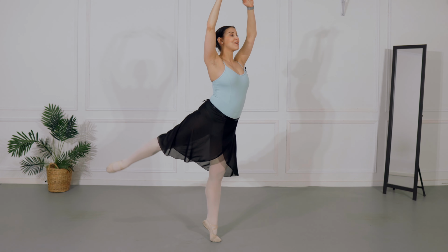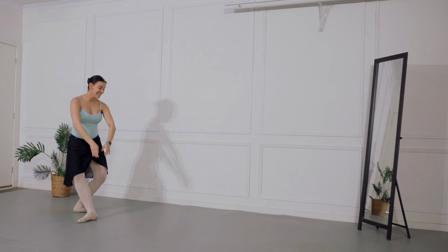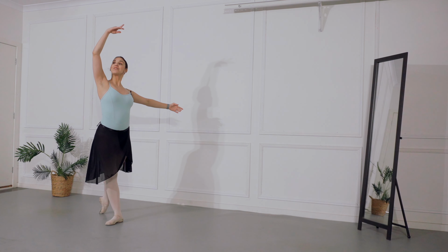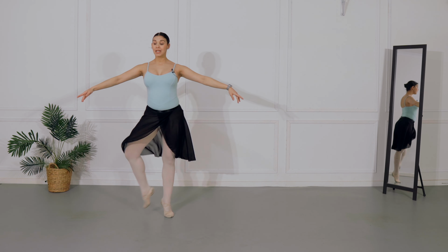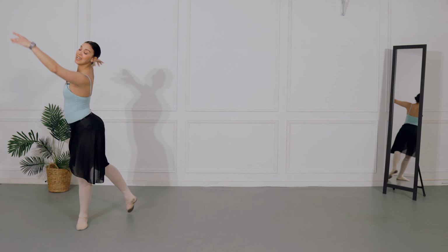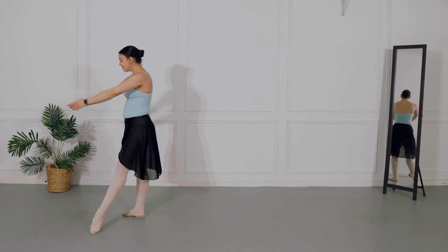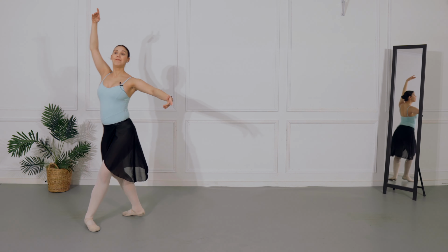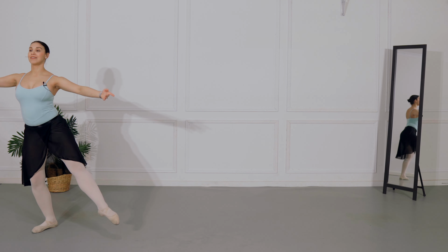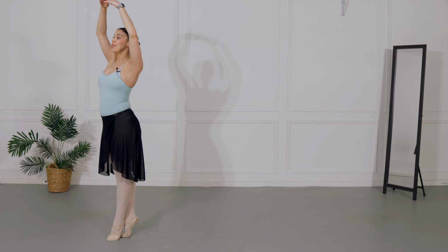and 5, 6, plie, 7, 8, and everything to the left, 1, 2, and accent 3, 4, chasse, 5, and 6, 7, 8, and fast, 1, right shoulder back, and fast, 3, left shoulder back, join all your arms together, squeeze,